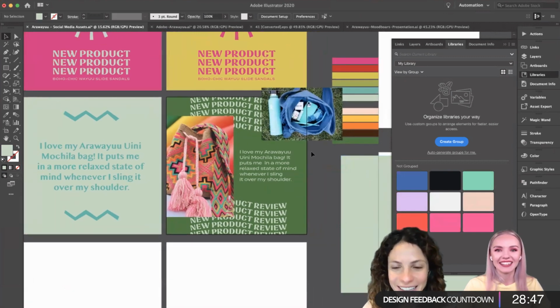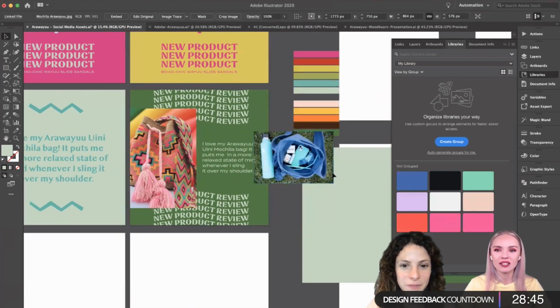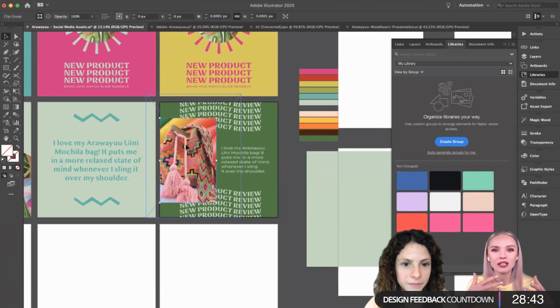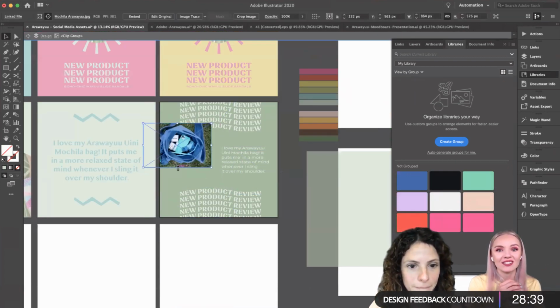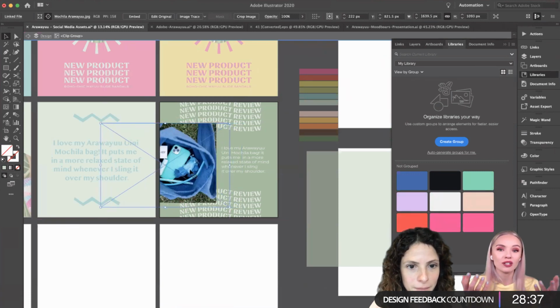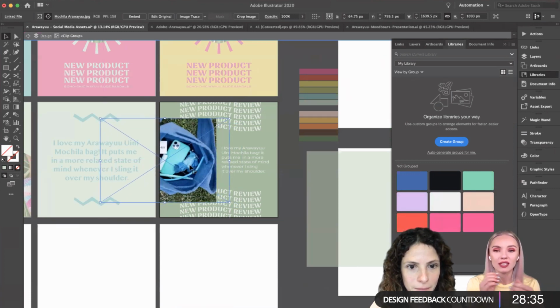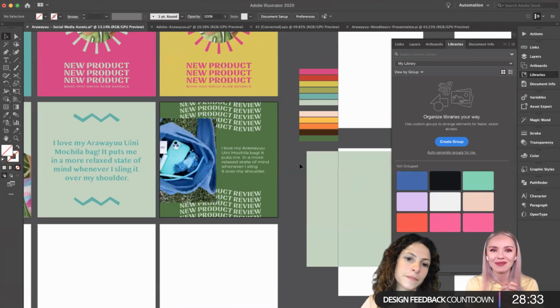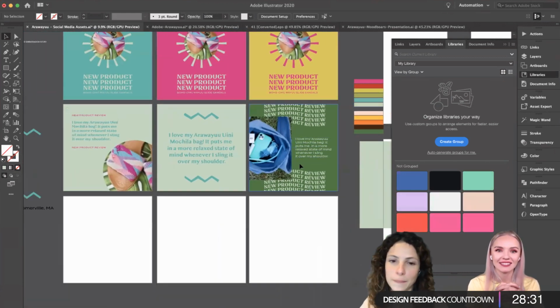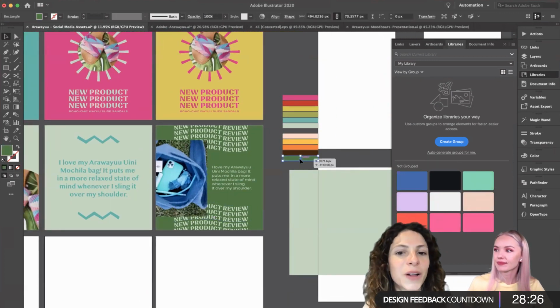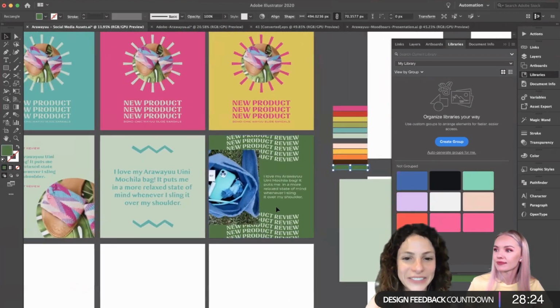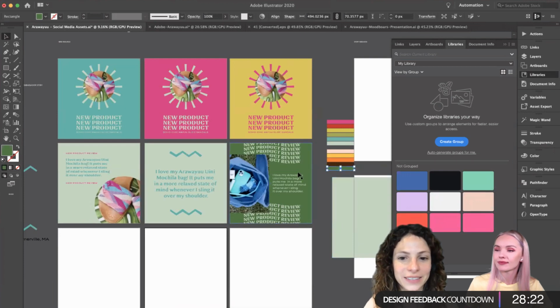And that's really cool, just because then you can take the client's images that they already have and extract the colors, and maybe you can play with that. So that's also amazing. But of course, you can also just use the eyedropper tool here in Illustrator and pick the colors there as well.